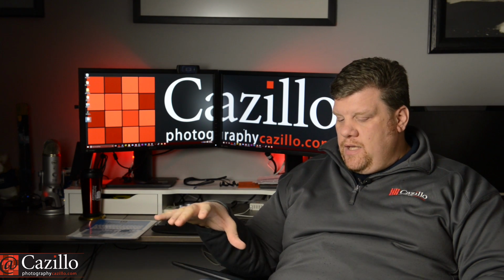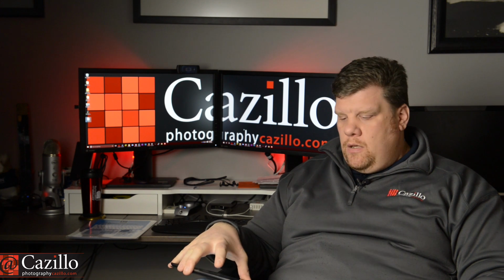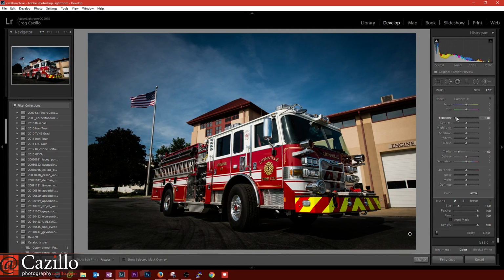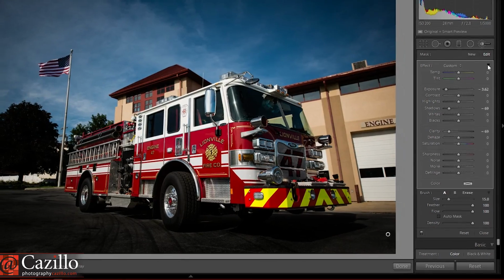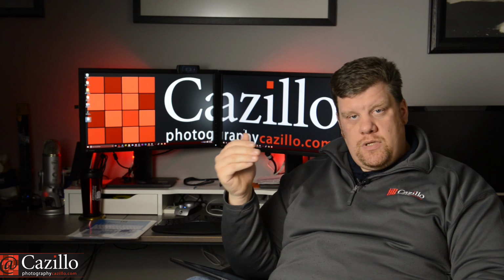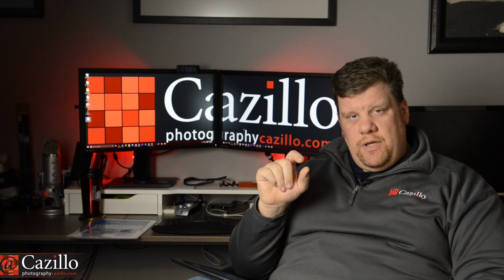One other thing that I found this week, Lightroom actually published this tip, is if you want to update your local adjustments in multiple sliders. We all know that you can, when you're doing the adjustment brush or the gradient tool, any of those kinds of extra adjustments inside of the develop module. What I didn't realize is, and I guess probably because I don't edit them a whole lot, I use an individual slider as my adjustment. But if you have multiple sliders in there and you get them looking really good, you get a really good mix,